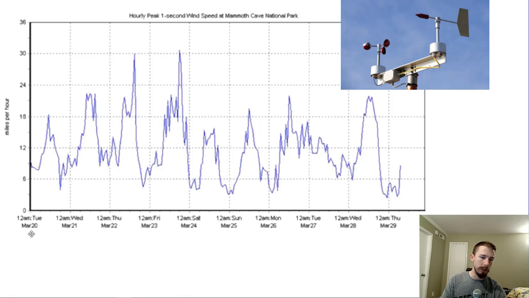So if we go from midnight Tuesday to midnight Wednesday, this is the graph of all the wind speeds. You can see they go up and they go down. They're kind of fluctuating and everything. So then what they do is they take the average of all those values. Take the integral, the area under the curve or whatever, and you get the same idea. So they take the average for that whole day,